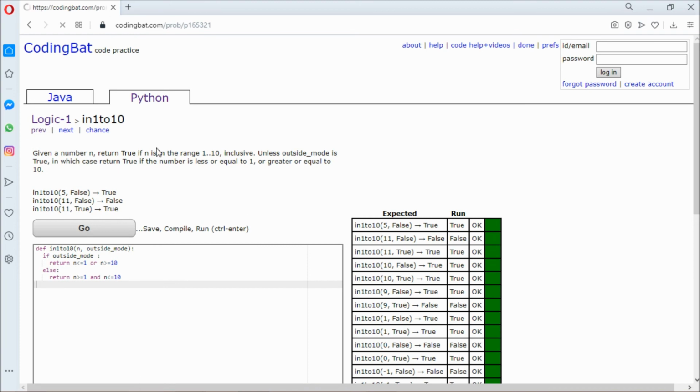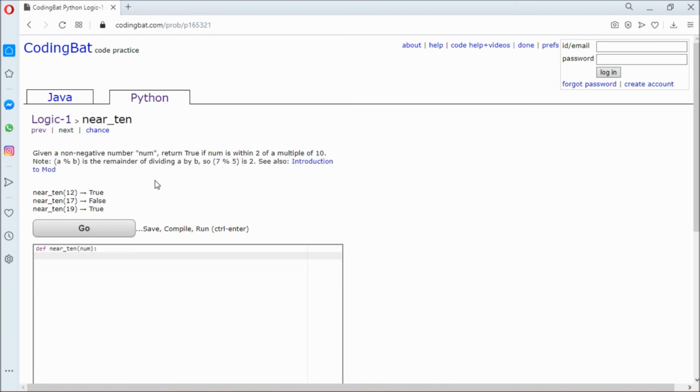Next question. Given a non-negative number, return true if number is within 2 of a multiple of 10. Nice. So a percentage b is the remainder of dividing a by b. 7 divided by 5 is 2. Okay. So if number divisible by 10